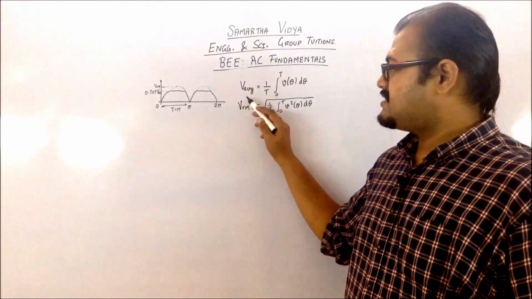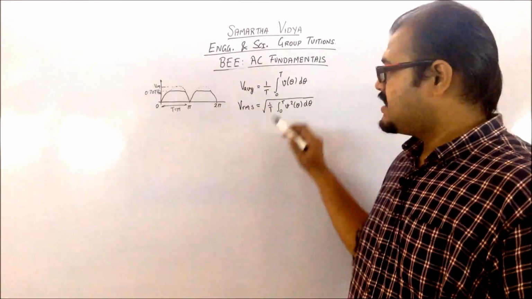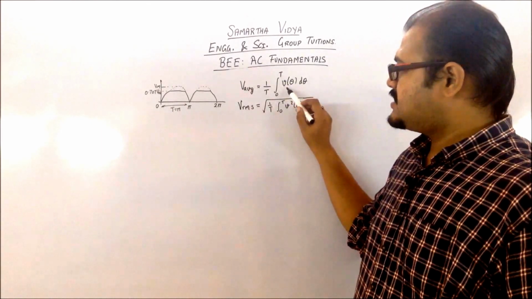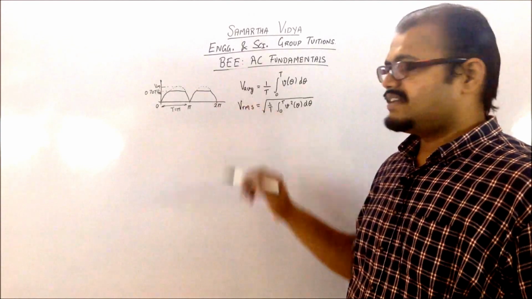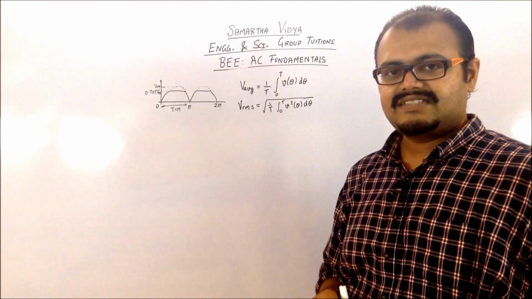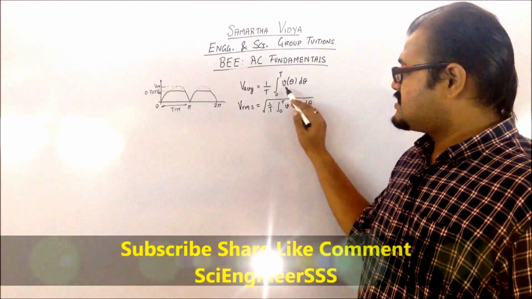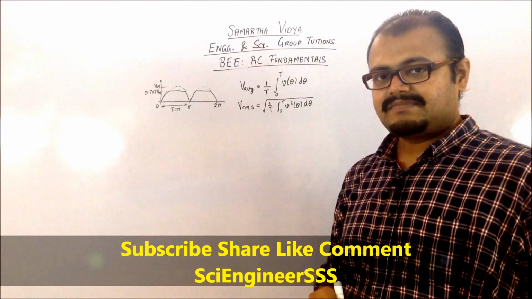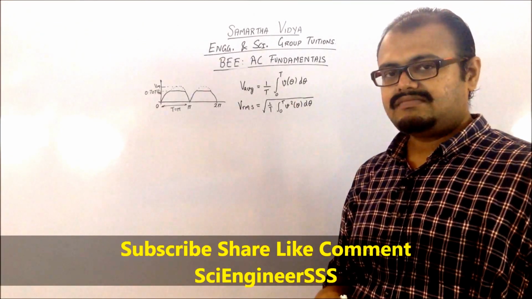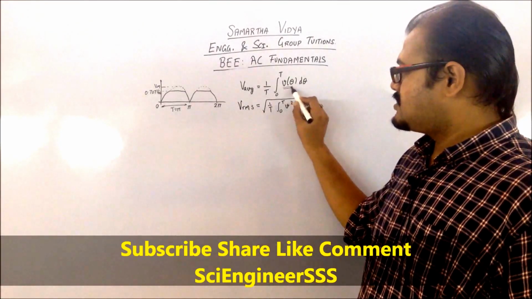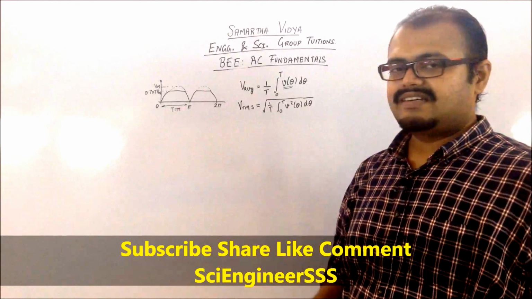If you can see from this particular formula, your V average is given by 1 upon T, which is nothing but your time period, into the integral from 0 to T of V theta d theta. That means that if you are calculating the average voltage, that is the quantity which is given is your voltage quantity, and you want to find the average value of it, then this equation will have your V theta d theta. If you are having the current, then you will have the I components over here. So in this case, let us understand what this V theta means. Now V theta is nothing but the equations of this particular waveform.